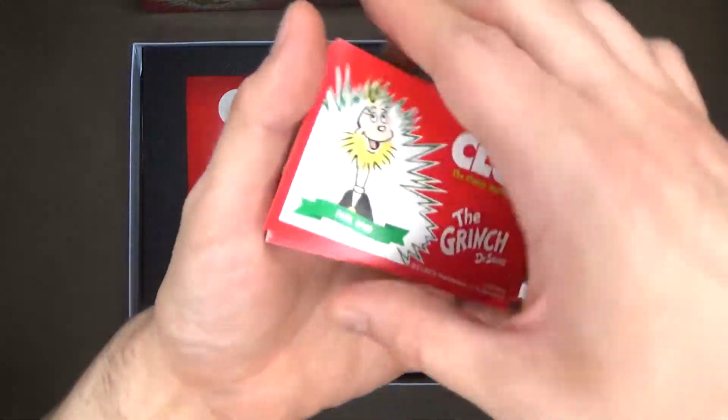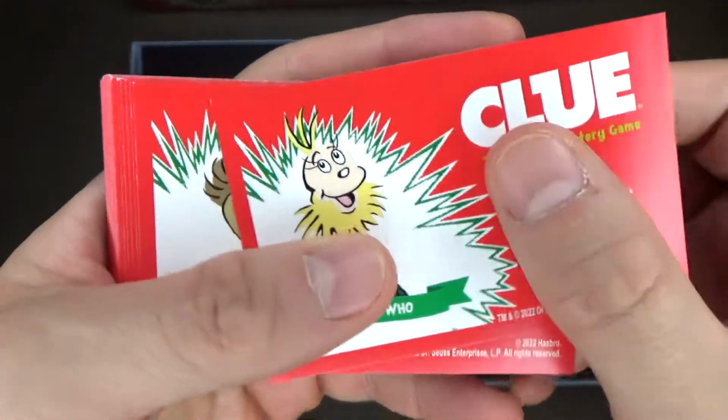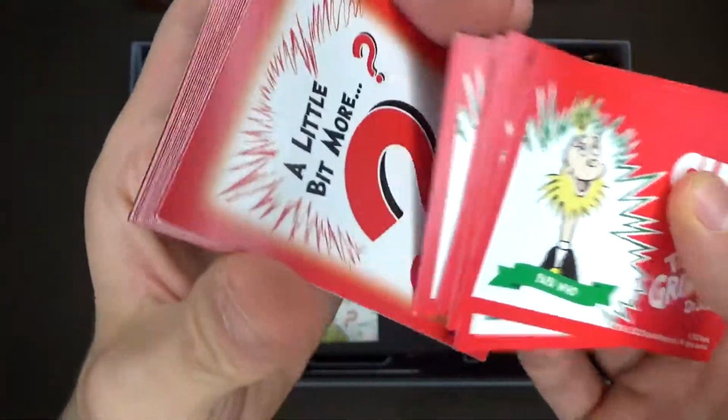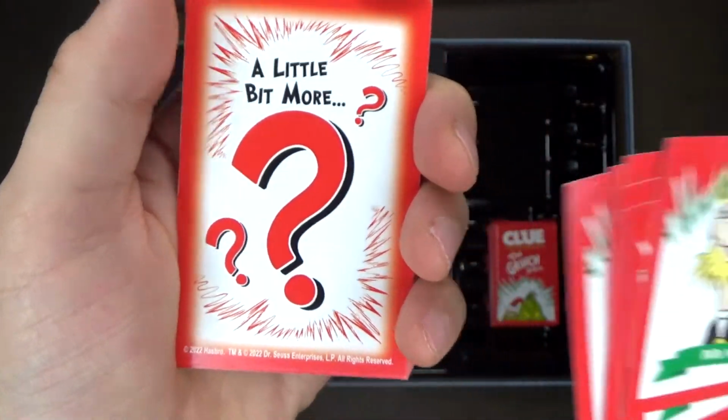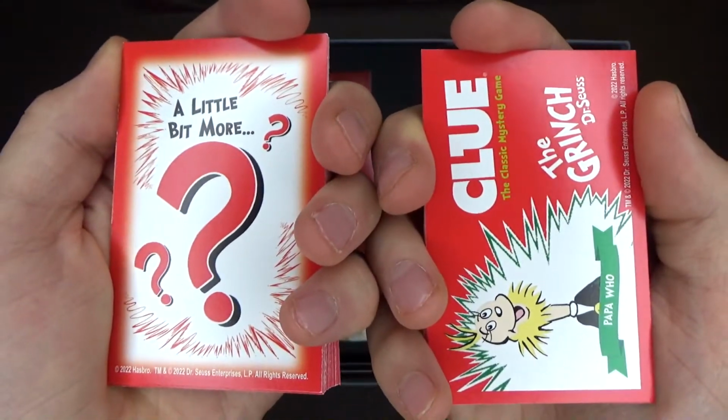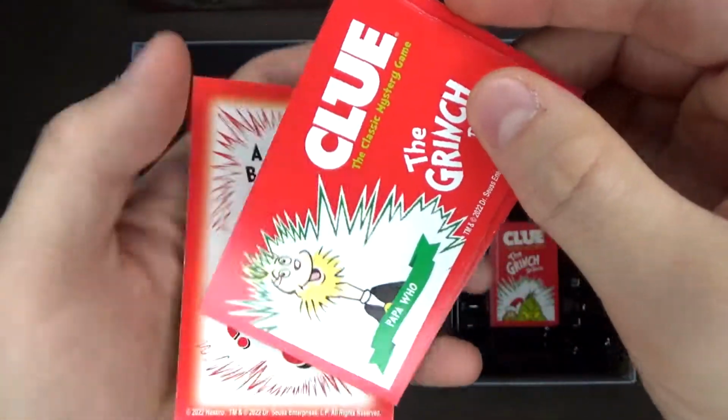The first gimmick comes from these personality cards. There are 6 total, and then number 2, you have this deck of a little bit more cards. Again, I'll go over these in more detail near the end of the video, but first, let's go over the